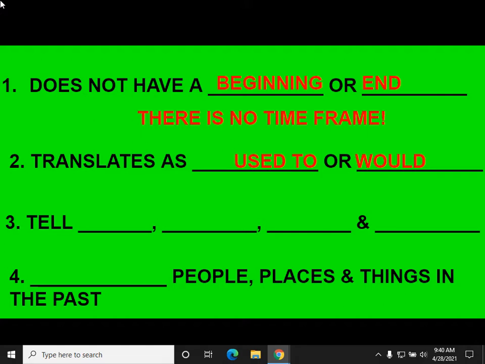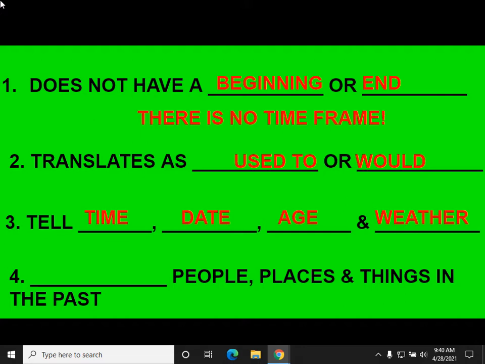We use the imperfect to tell time, date, age, and weather. So anytime we're telling time in the past tense, we use the imperfect verb. If we're telling the date, like ayer era, okay, and then you say the date. If you're talking about age, we use the verb tener with age, like tengo 15 años, but if I'm describing in the past, I say tenía 15 años. And anytime we talk about weather in the past, like hacía buen tiempo or hacía mal tiempo, okay, we would